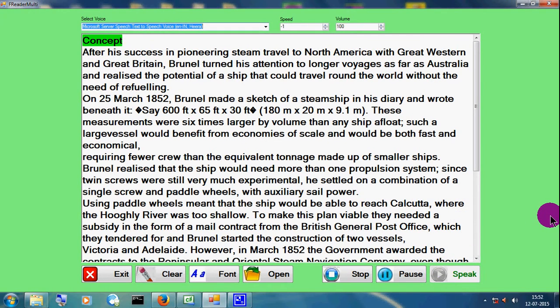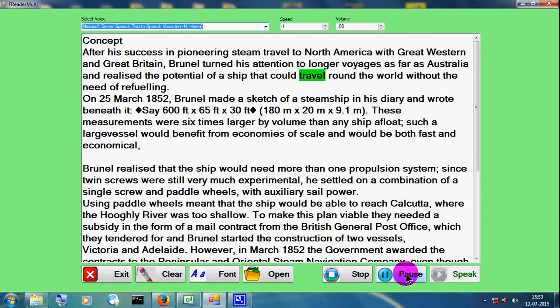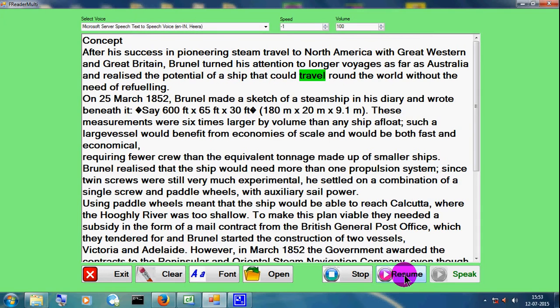Concept. After his success in pioneering steam travel to North America with Great Western and Great Britain, Brunel turned his attention to longer voyages as far as Australia and realized the potential of a ship that could travel around the world without the need of refueling. On March 25, 1852,